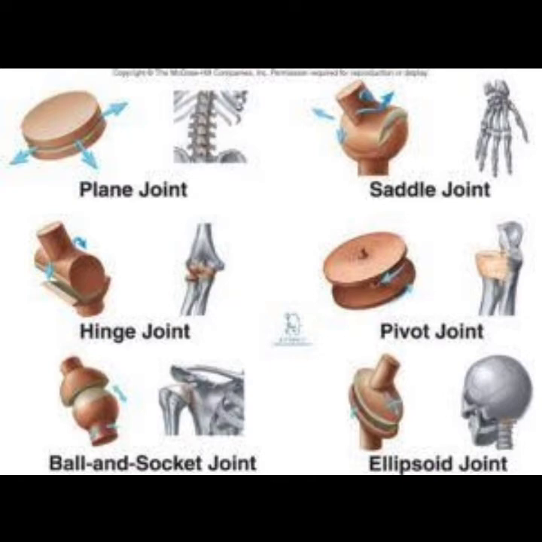Next one is the sliding joint. The sliding joint allows small sliding movement in a gliding motion at the wrist, ankles and between the vertebrae of the backbone. Next one is the hinge joint. These hinge joints work like the hinges in a door. This joint allows movement in back and forward direction. For example, bones in elbow, knee, fingers, etc.